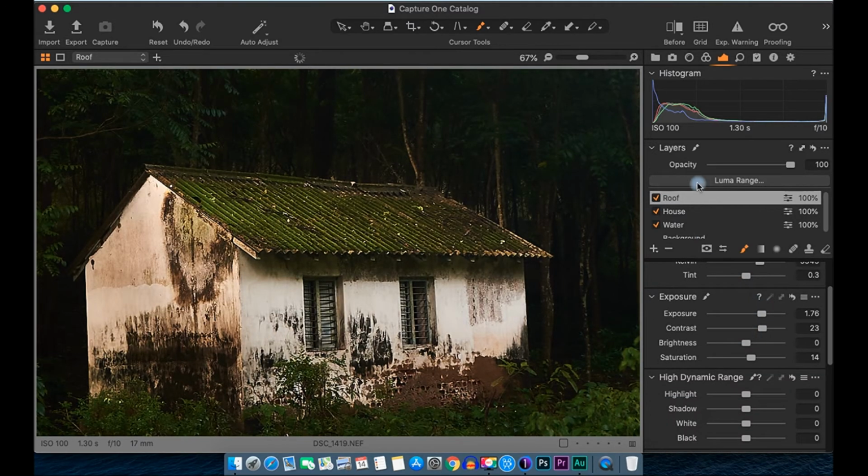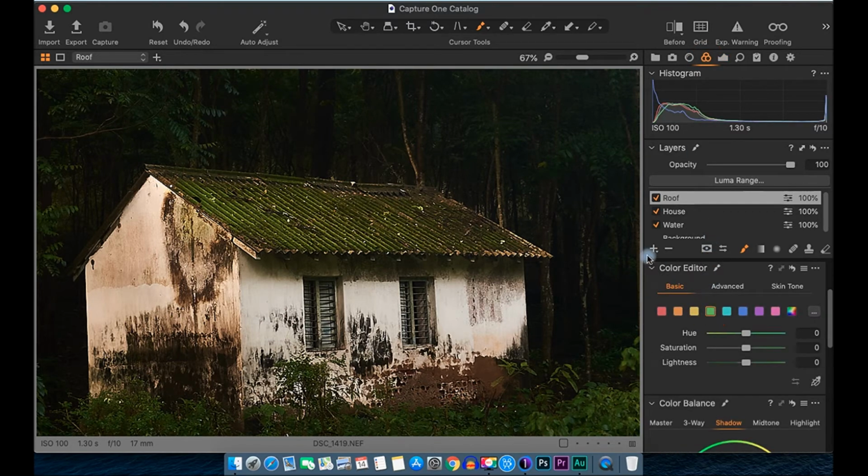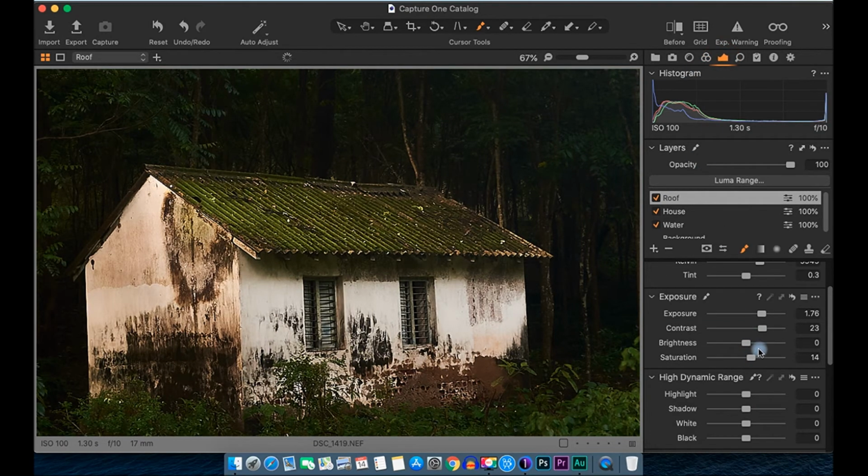Here I'm going to go to the color panel, basic color editor, and take green a little bit towards warmth and give a bit of brightness. Let's decrease exposure just a little bit, it's a little too much.